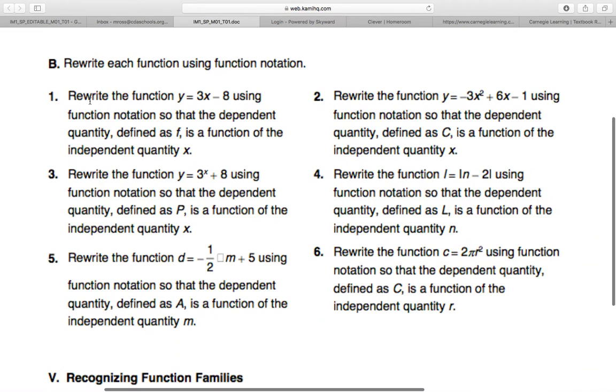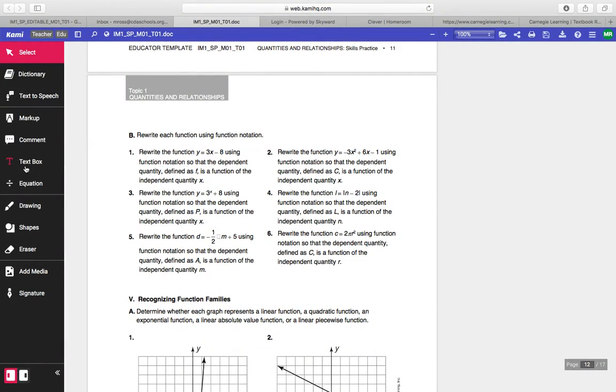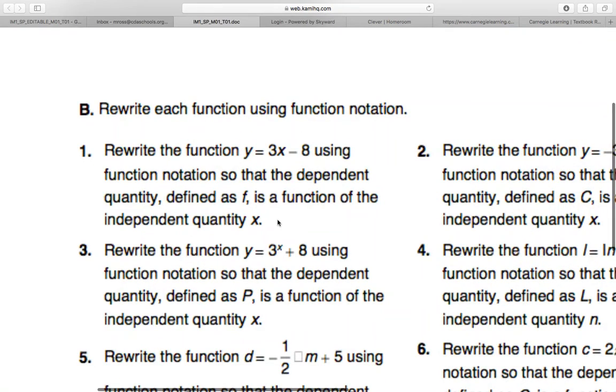Number 1 says, rewrite the function y equals 3x minus 8. And I'm hoping you're thinking this is a linear function, using function notation so that the dependent quantity defined as f. Right there is actually giving us the information on what we're going to have at the beginning. If we were to start rewriting this equation in function notation, hold on, I gotta get to my text box. Okay, we would write it with f now instead of y,